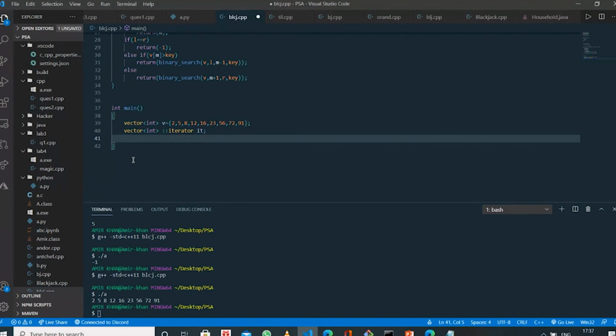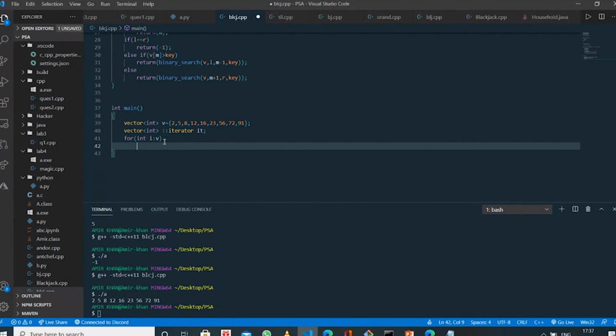Just like you can do for int i colon b, it will iterate over the vector, and for the corresponding indexes, the element of the vector will be stored in i. I will print it.